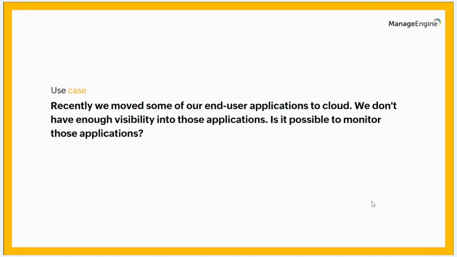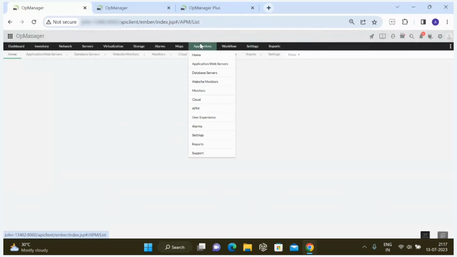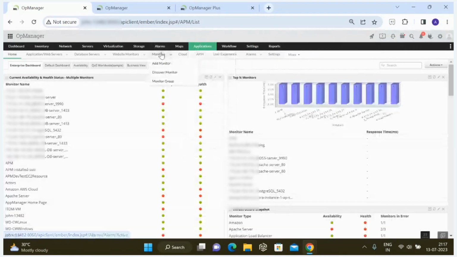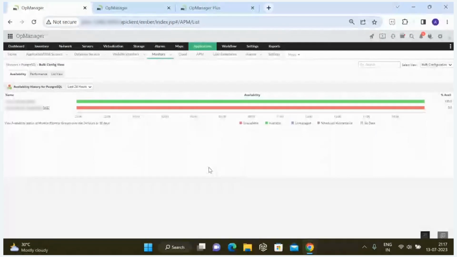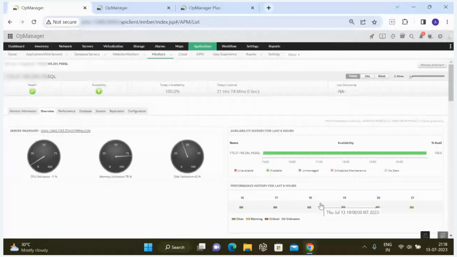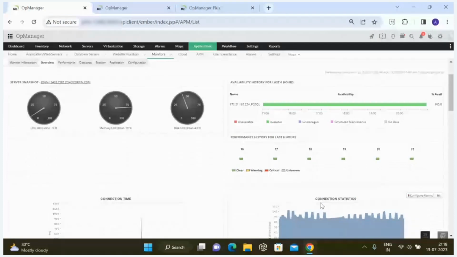So let's go to the product. Here you see the applications tab, click on that. Here you have monitors, and under the database servers, we'll go to PostgreSQL. So with this module, you'll be able to discover applications across your on-premise and